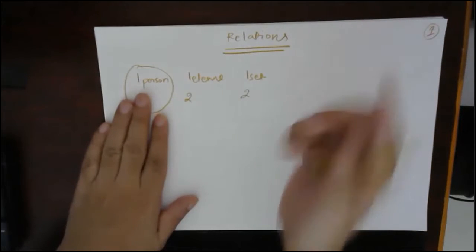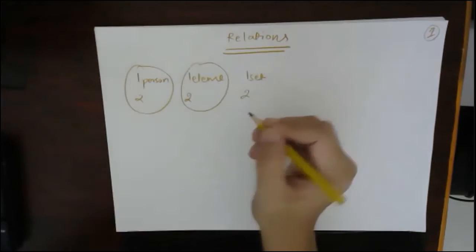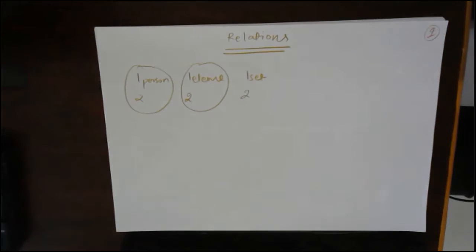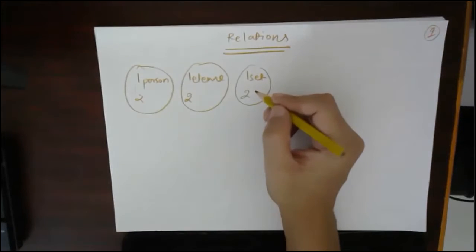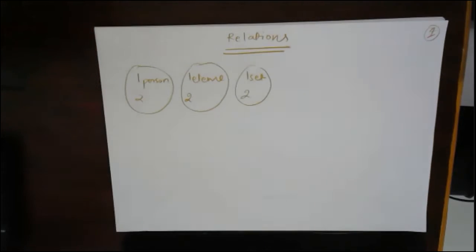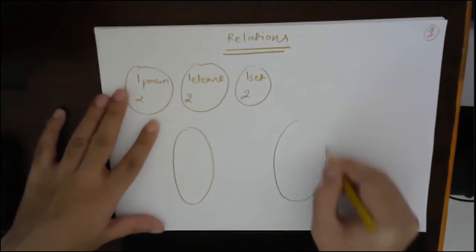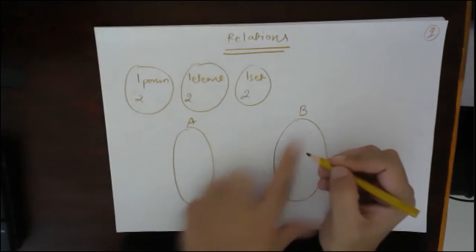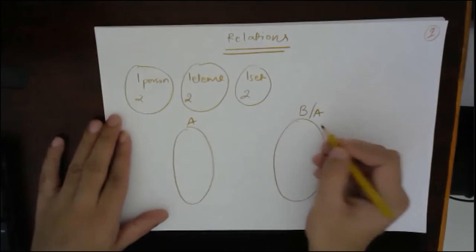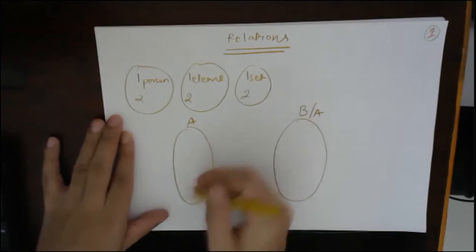Between one person, how am I going to talk about a relation of one person with nothing? Same thing here: if I do not have two elements, how can I say that one element is related to nothing? It's not possible. So there have to be at least two things. When I'm talking about relation between sets, I'm talking about at least two sets. So this is set A, suppose set B. This set can be identical, it can be A also, so this is a relation from set A to itself. Understood?